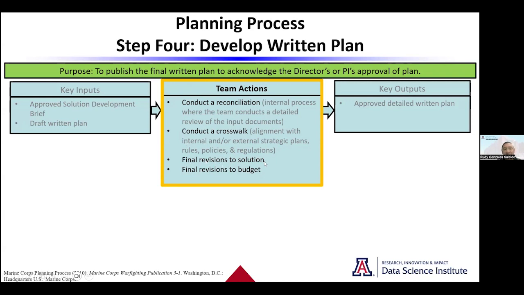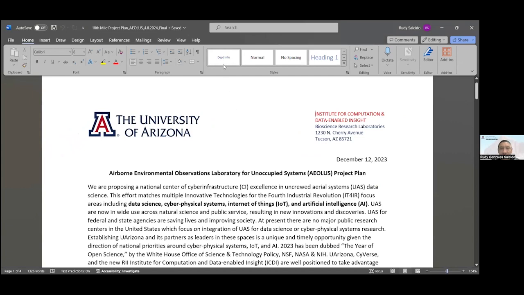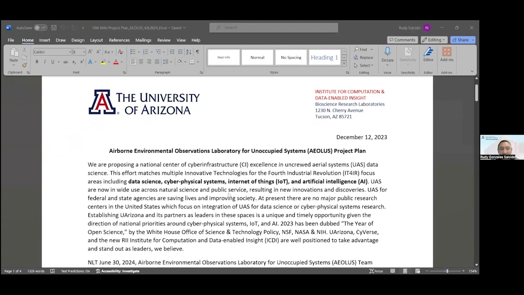And then the final revision to a solution, getting those final revisions to the budget, and then you ultimately get an approved detailed written plan. So what I'll do is I'll quickly show you just a template that we came up with here at the Data Science Institute to be able to have that written plan. I don't know if everybody could see that, but essentially it's just a Word document that we put together,